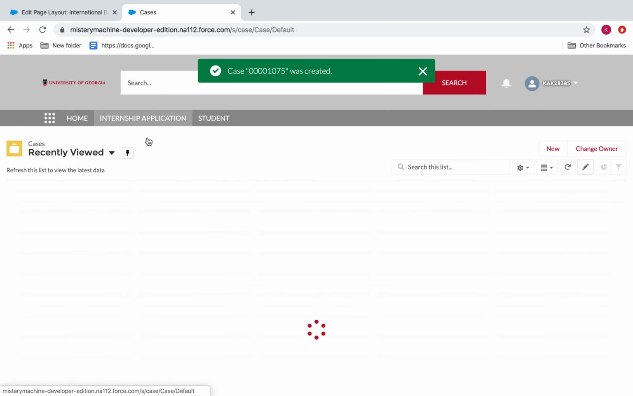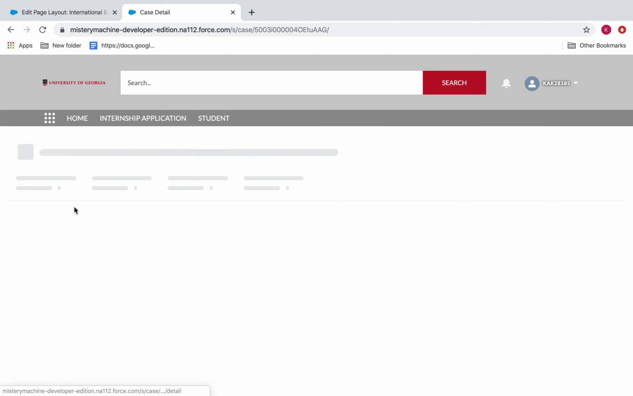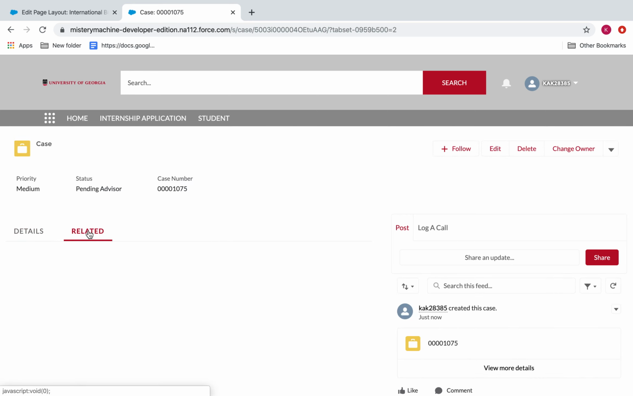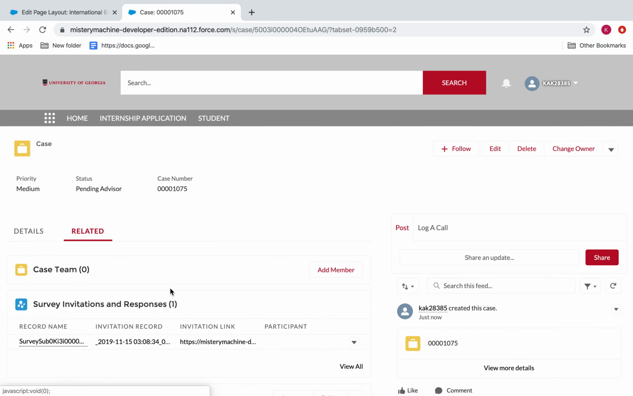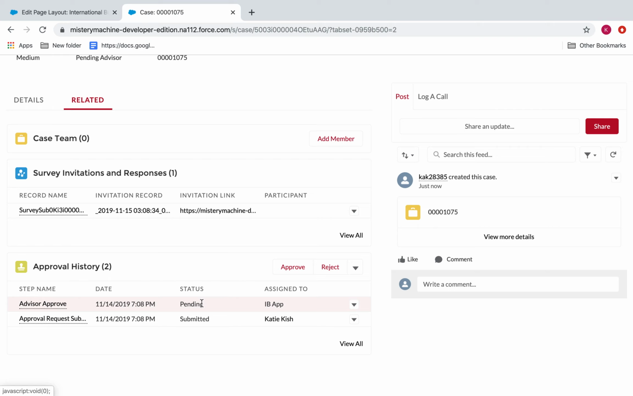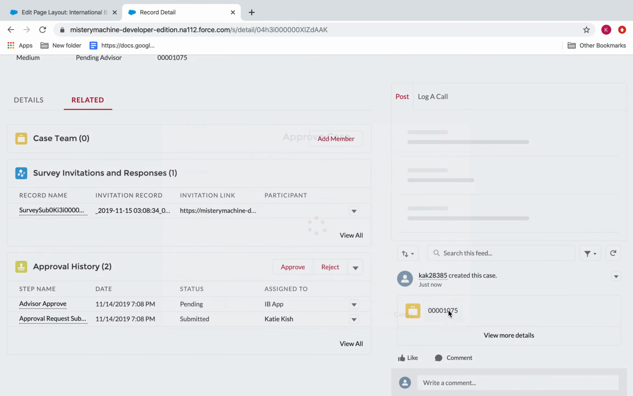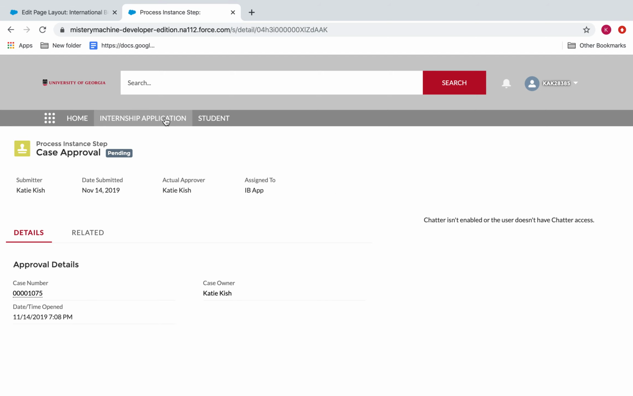Once that application is created, you can see that here. Since the approval had already been working, and since it's international business, the status goes to pending advisor, and the advisor will receive an email. Then we can go into related and see not only the survey invitation, but also an approval history. Since today's the due date, there will be a survey invitation sent out, and we'll look at that in just a minute. But first, let's show that the academic advisor can approve,